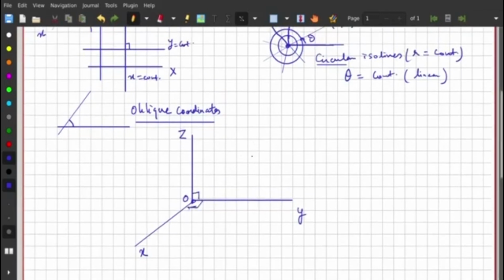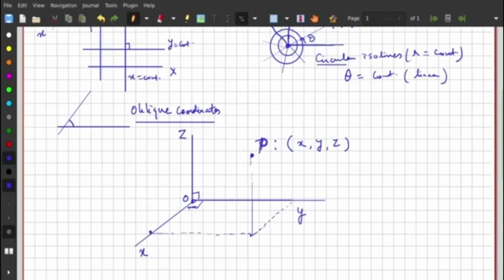These are 90 degrees. So any point in this coordinate space, let's call that point P, is represented by a set of three numbers, x, y, z. These coordinates are x comma 0 comma 0. This is 0 comma y comma 0. If you see here, this is x comma y comma